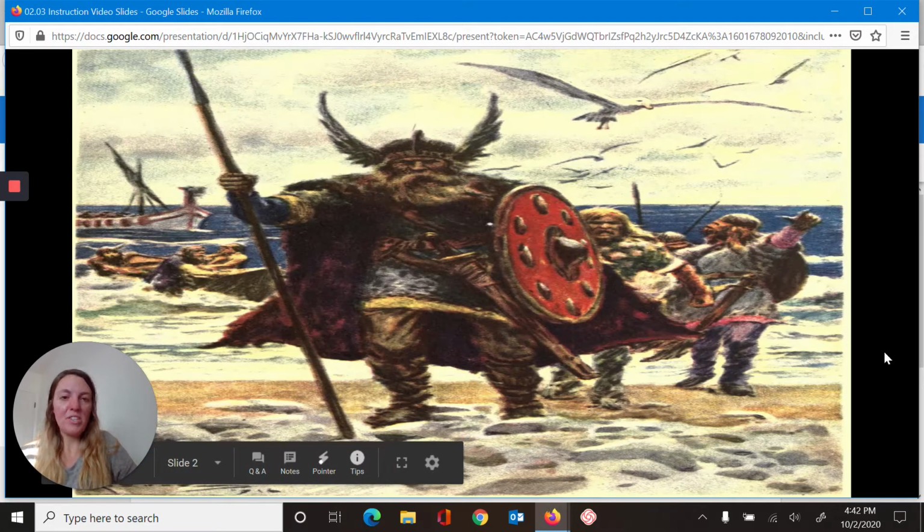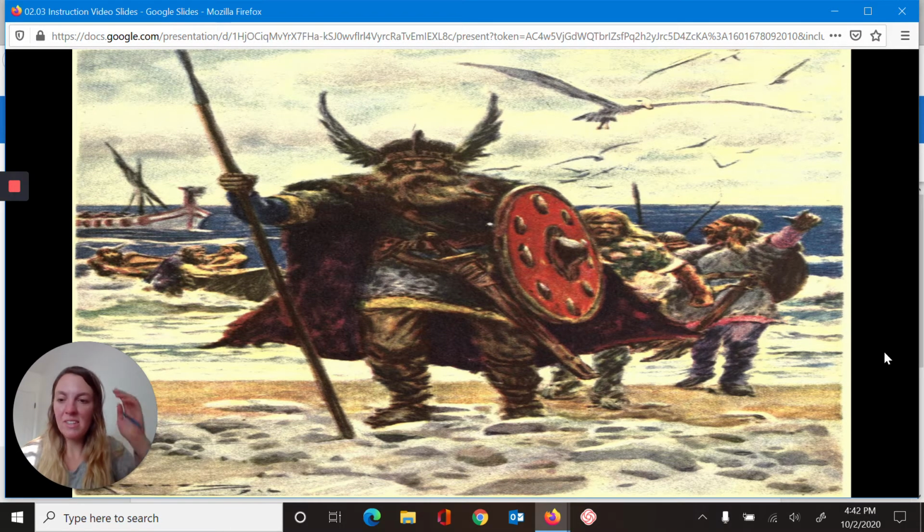So here's a picture. Maybe something different comes to your mind, but often we have a picture that comes to our mind like this: people with big beards and metal helmets and swords and shields and things. In this lesson, you get to learn more about the Vikings and how the Vikings were some of the first people to come across the Atlantic and find themselves in America. Whether that was on purpose or accidentally, you'll find out.